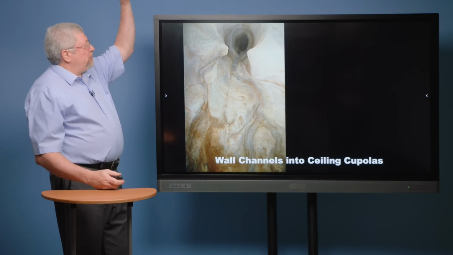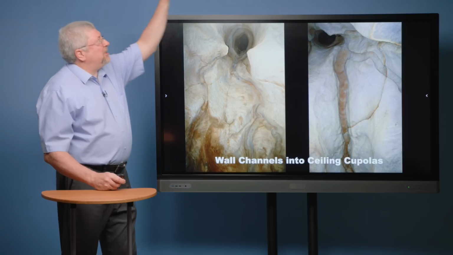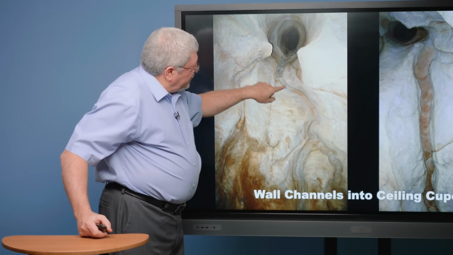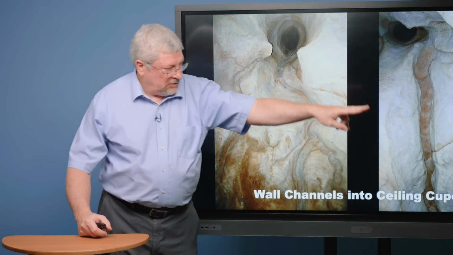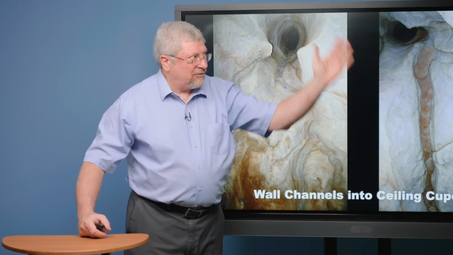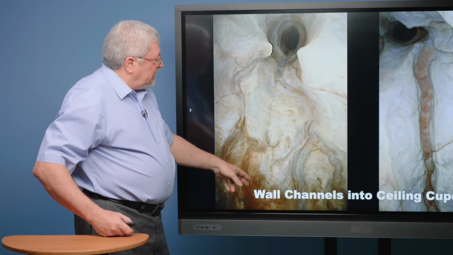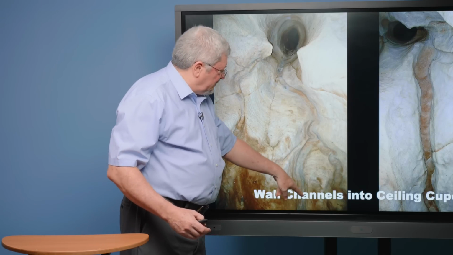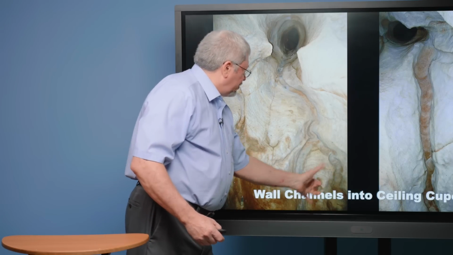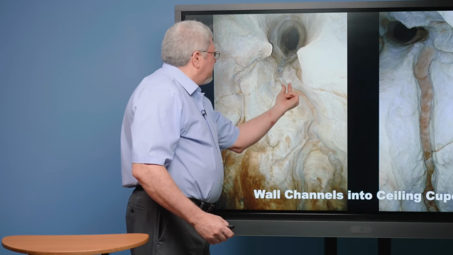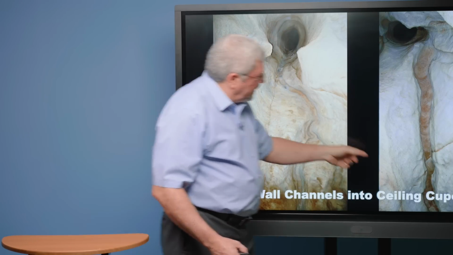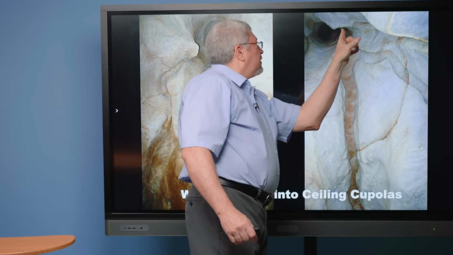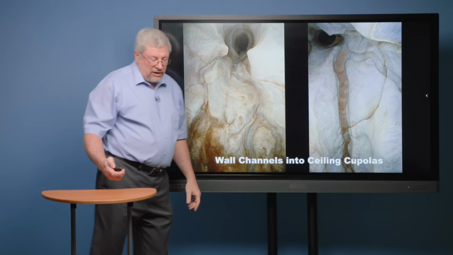Then, as we move from the ceiling to the walls, we see that the ceiling cupolas have channels that go down the side of the wall towards the floor. Actually, it's rising from the floor up the wall and to the ceiling. Again, perspective is tough on these photographs, but this is straight up, this is off to the side. So the wall has channels that are coming together, rising up the wall and into the ceiling. Again, ceiling wall channels, three of them here, that unite together and then go straight up into an upper passage.